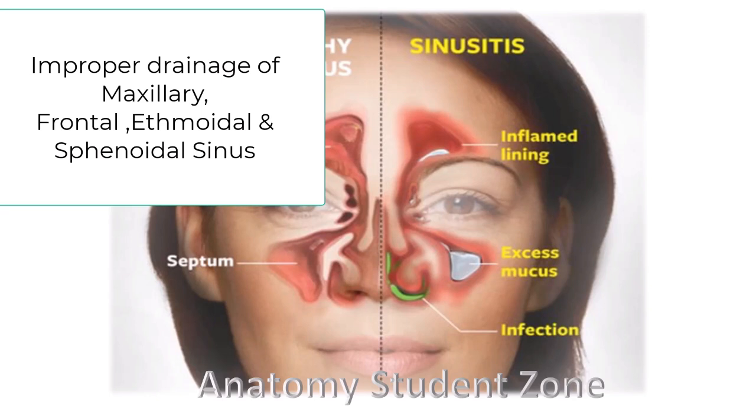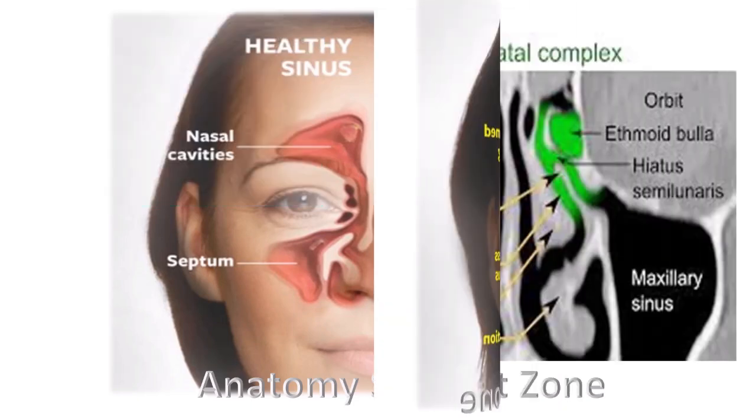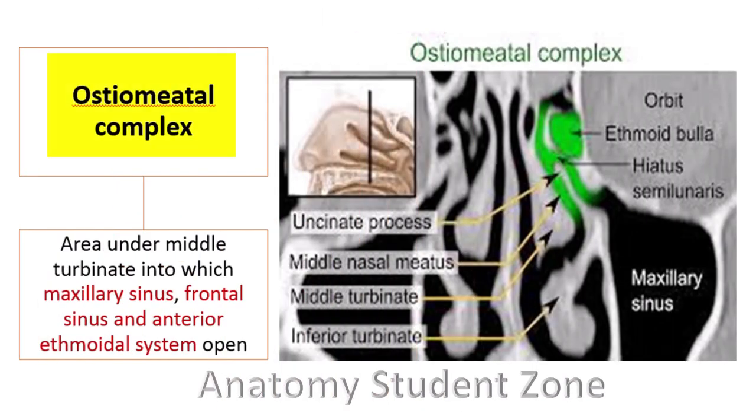So, to answer why there is sinus obstruction and facial pain, again, the anatomy of the lateral wall is important. Why? Because the lateral wall of the nose contains the osteomeatal complex, which I will call OMC. The osteomeatal complex is a critical functional unit of sinus drainage. It includes the middle meatus, hiatus semilunaris, ethmoidal bulla, and uncinate process. In the hiatus semilunaris, there is a combined opening for three sinuses: maxillary, frontal, and anterior ethmoidal.